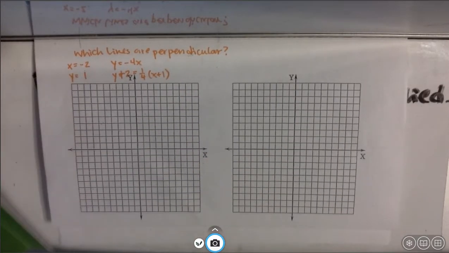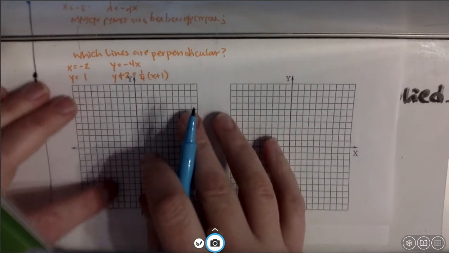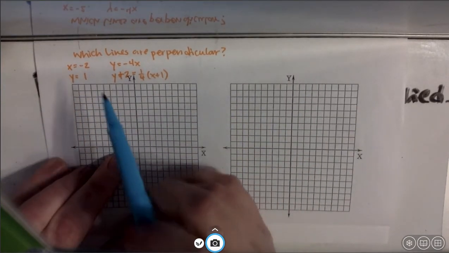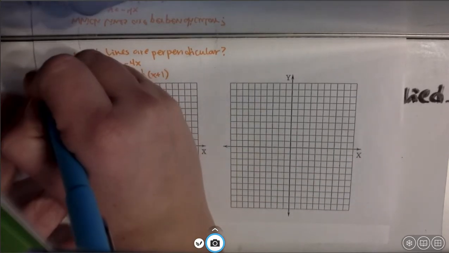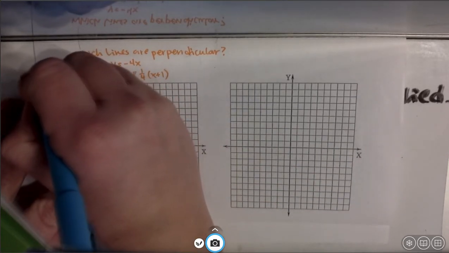Here we go. Which lines are perpendicular? We have four sets of lines. Let's look at them and see what we got here. I'm going to graph all of these, and hopefully, as we graph them, we will find ones that are perpendicular to each other. So x is equal to -2. If we remember the Hoivux lesson,